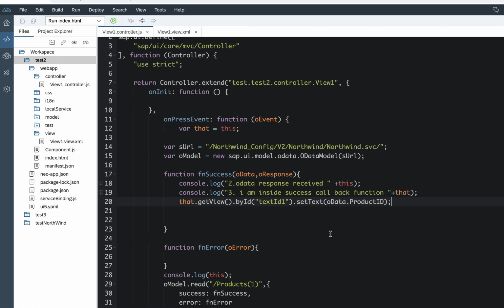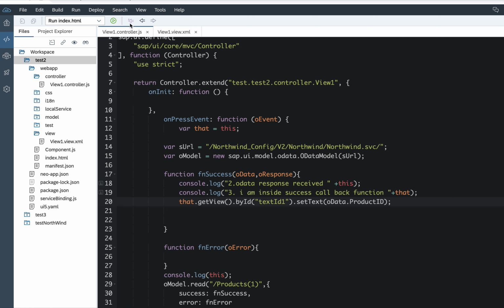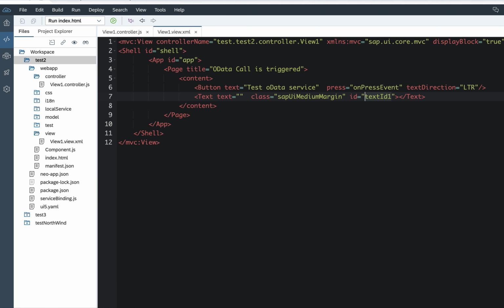Here I want to bind the text field value during runtime once I receive the data from my OData service. So once I click this, you can see it here. Now the product ID value is bound to one of my view elements, that is my text field.